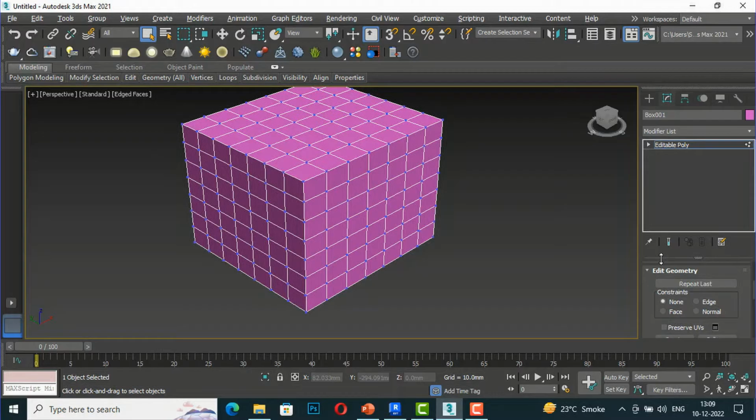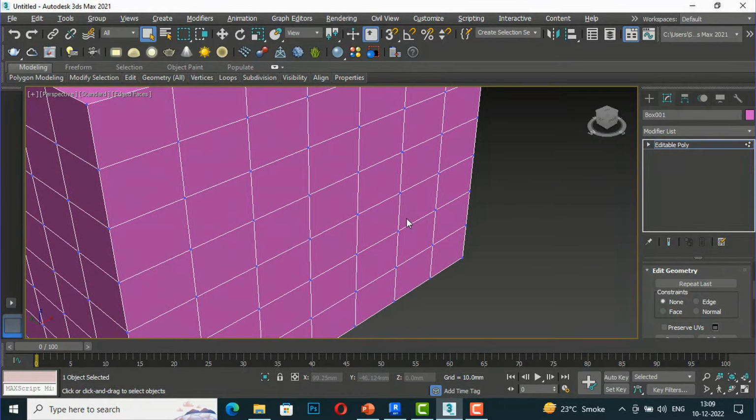The first option here is Repeat Last. Whatever command you are working with, if you select this, it will repeat that command. This is the Repeat Last function, and next is Constraints. For constraints, there are none, edge, face and normal. If I select vertices here, and select the move tool, and select none,